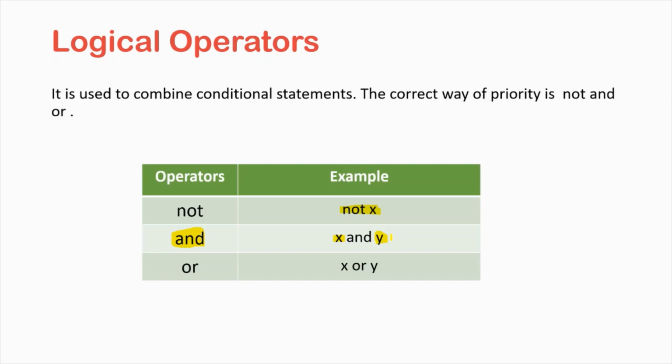We know that x has the value 1 and y has the value 0. So x has a true value and y does not have the true value; it has the false value. So true AND false always returns false. Why? Because to make it true, we need both values as true. If any value is false, it will result in a false value. Okay, this is the AND operator.